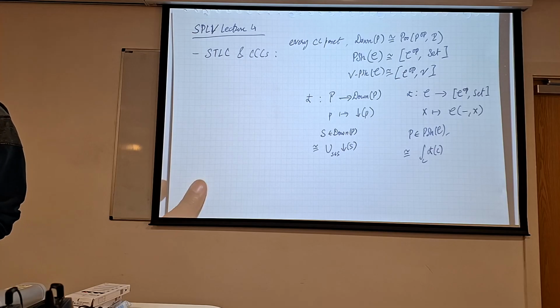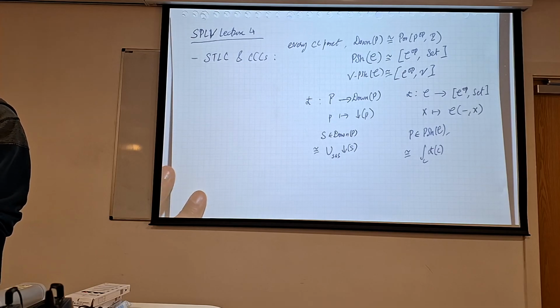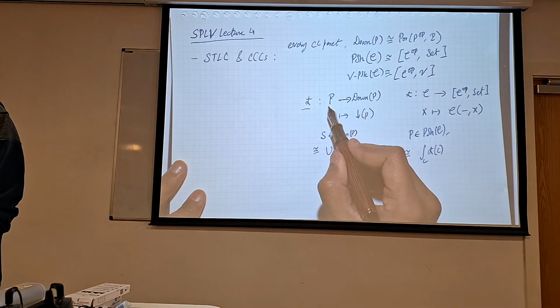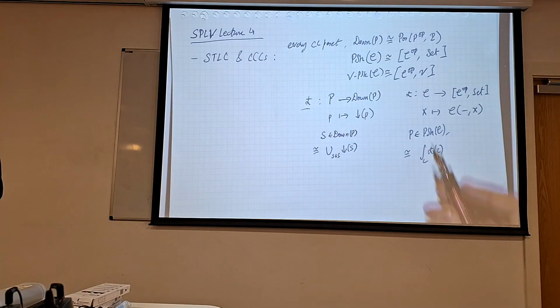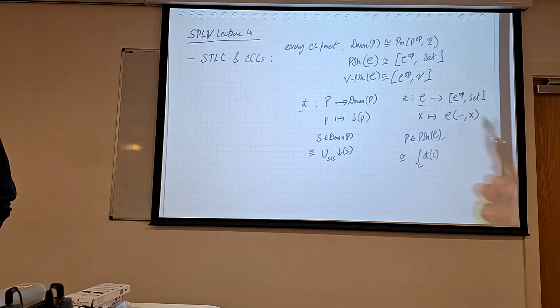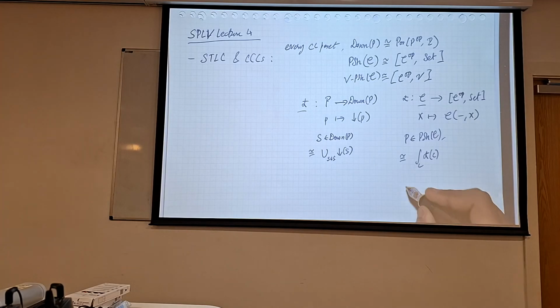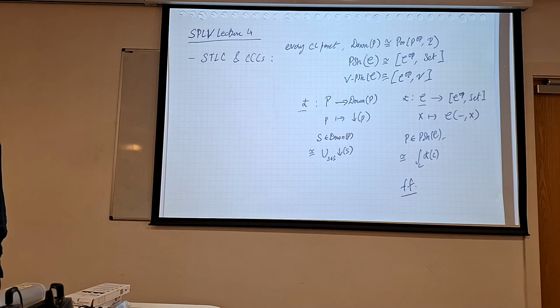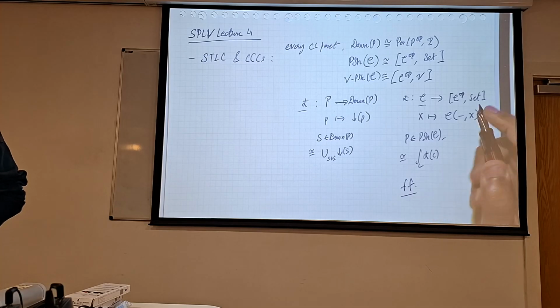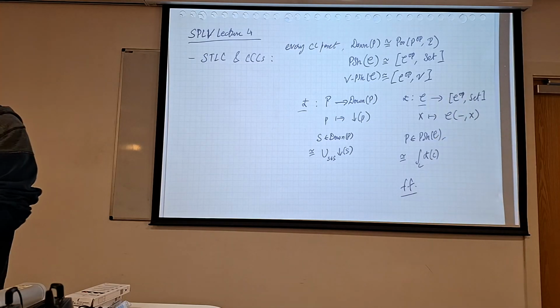Okay, so why are presheaves nice? Well, this embedding of P into downsets of P preserves the Cartesian closed structure, and the embedding of C into presheaves preserves the Cartesian closed structure. But on top of that, it's an embedding, so it's fully faithful. When it's fully faithful, it preserves equations. So if you have a nice model of lambda calculus, you can go into presheaves and you get another model, and these two models will prove the same equations on lambda terms.